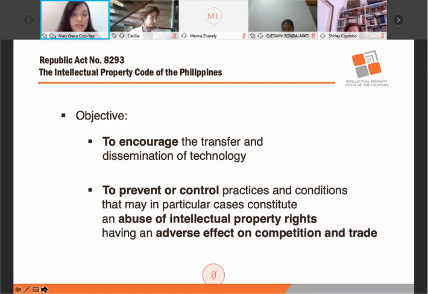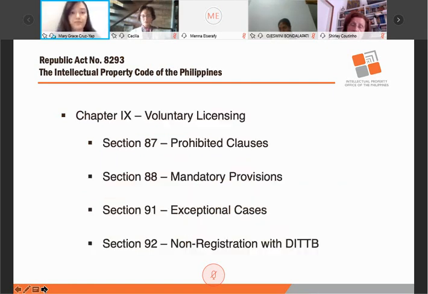The mandate might be with them. But if your clients are dealing with entities, partnering with entities in the Philippines on account of IP rights covered under a tech transfer agreement, please do remember the Documentation, Information and Technology Transfer Bureau. That is my bureau. Lodging it with us for review is actually voluntary and not mandatory. But I will discuss with you later the consequences, just in case you decide not to have it reviewed by us and your TTA is found to be non-compliant with the IP code.